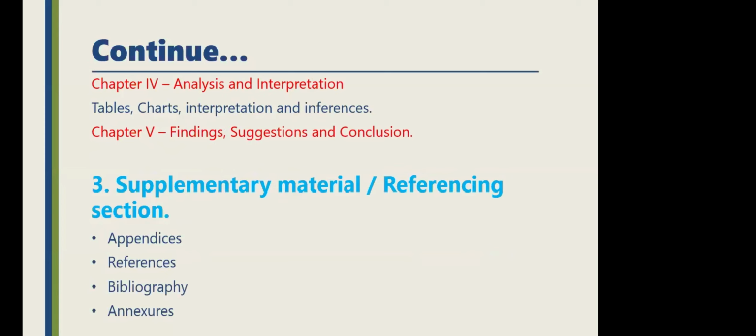Analysis and interpretation focuses on presenting the findings of your research in a clear and structured manner. This chapter includes tables, charts, and figures that illustrate the data you have collected. And interpretation and inference are made based on your result. You can use tables and charts to present your data visually, making it easier for the reader to understand